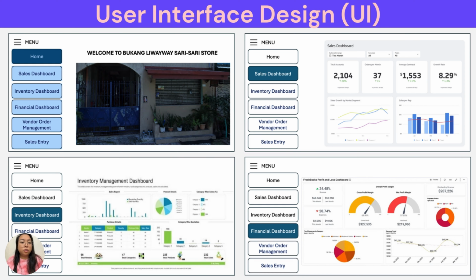So these are the interfaces or UI design that I created, more like a mock-up. This is how I envision it to look like. So on here, I have added a home page. This is where the owners or the users can see how their store looks like on the front. And then also I added some dashboards.